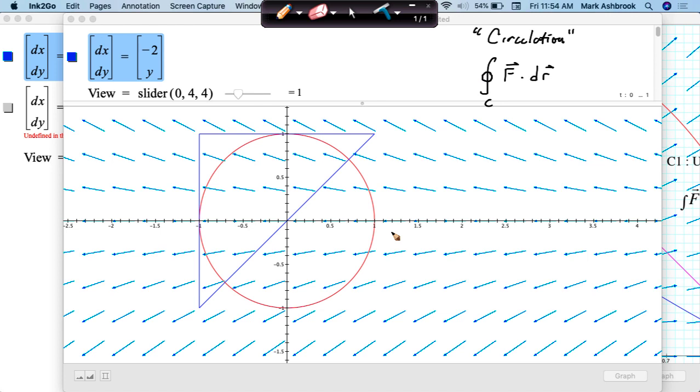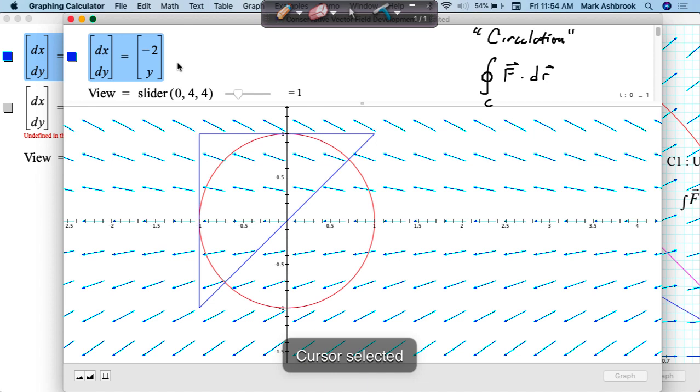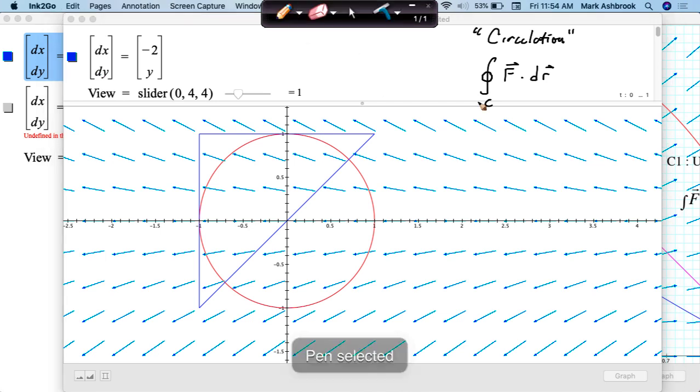Right, because the vector field was conservative. And what about that vector field was special that made it conservative? Okay, so Winston remembers. Do you guys remember this? Because it was a gradient field, negative 2y is actually the partial derivative. Negative 2 is the partial derivative with respect to x, and y is the partial derivative with respect to y for a particular multivariable function, which makes it a gradient field, right? And so we said that gradient fields